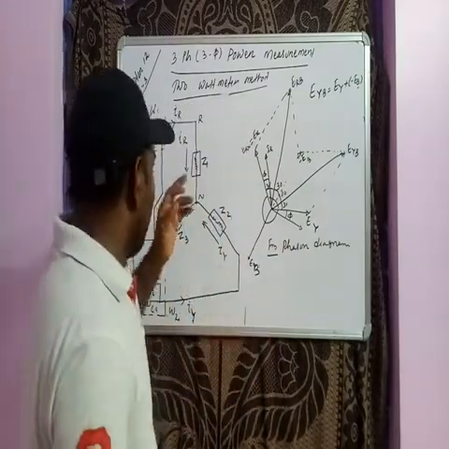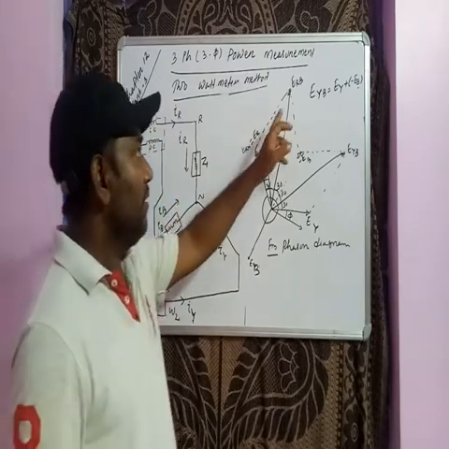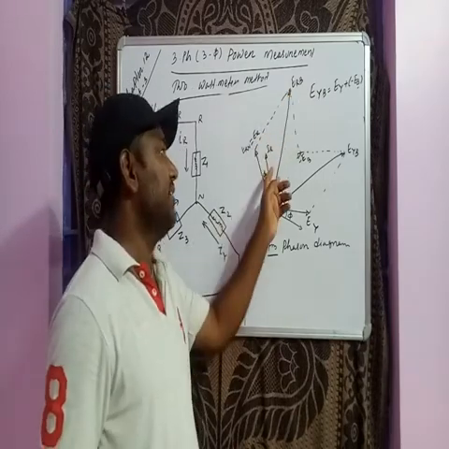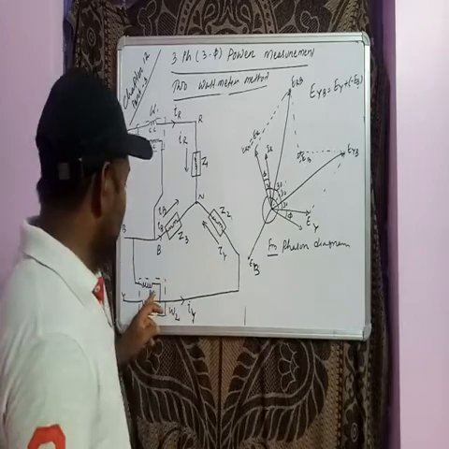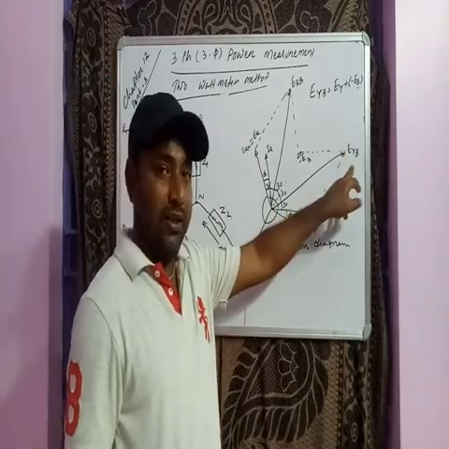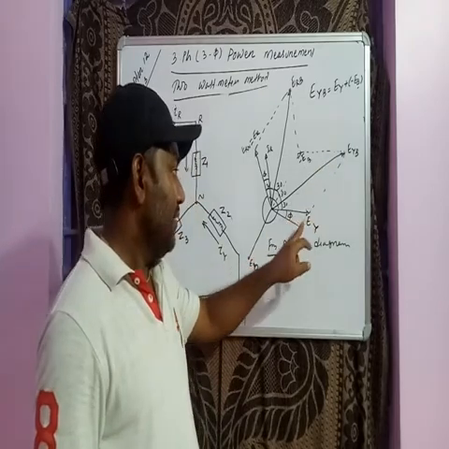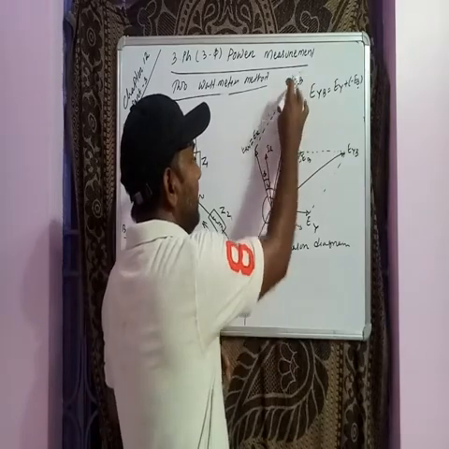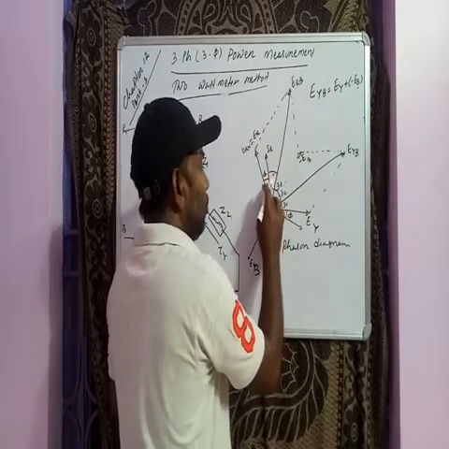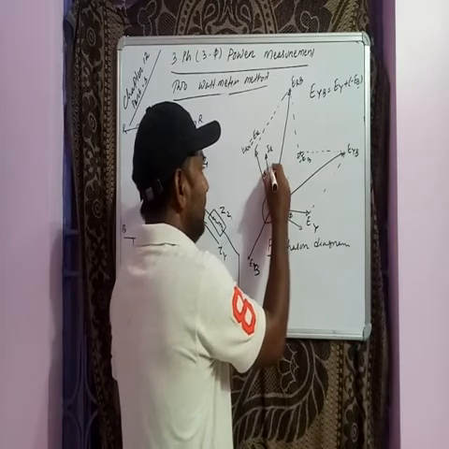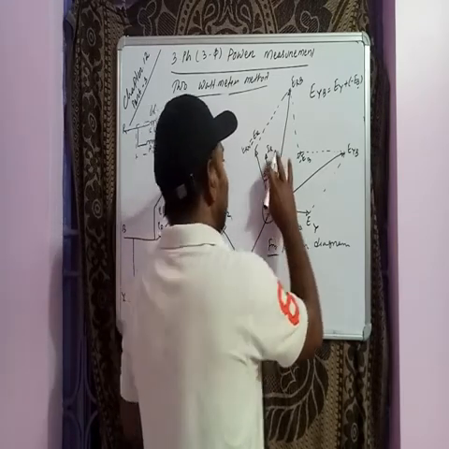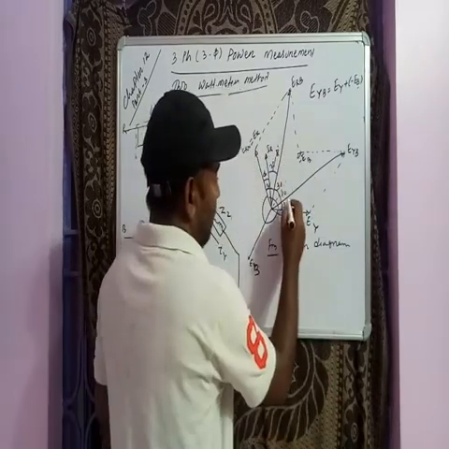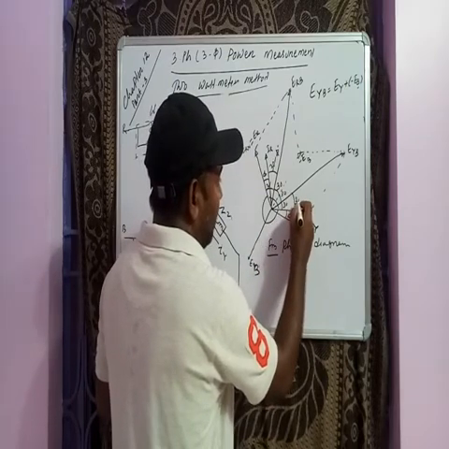Okay. Clear about this? Now W1, it measures what? This voltage into this current and the angle between this and this. Right? Similarly, wattmeter 2 measures this voltage, this current and the angle between this. Now see, between this and this is the angle. Total is 30 degree. This is phi. Then it is how much? 30 minus phi. And if we go for this angle, it is 30 degree plus phi.